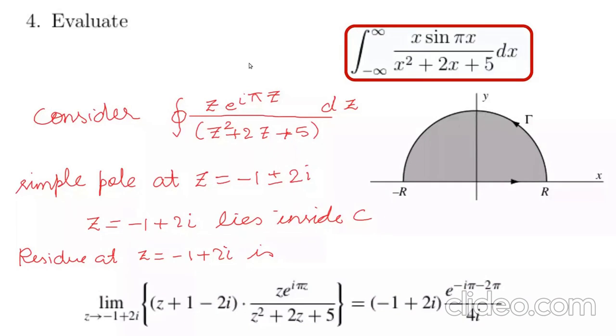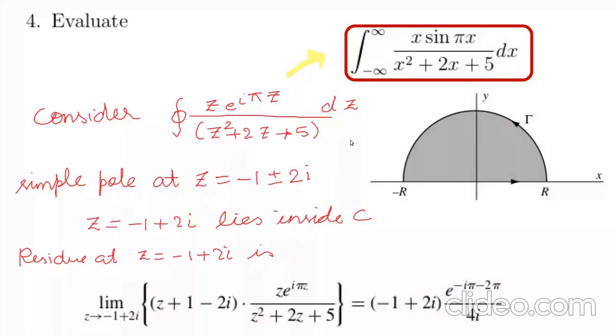Firstly, we can convert this integration into a corresponding contour integration. We are just replacing x by z, and the limits we are replacing by a contour where the contour is varying from minus r to r, and then we have some gamma contour here. The value of r will be tending to infinity, so this integration will convert directly to this here. So how to solve this integration?